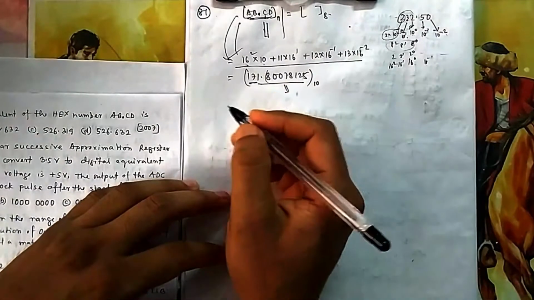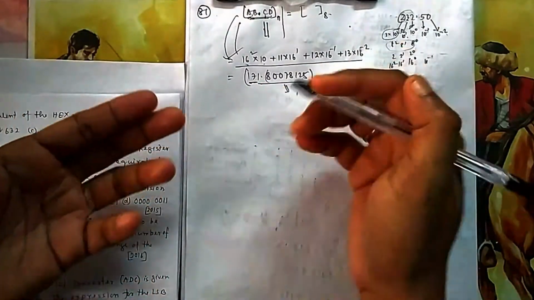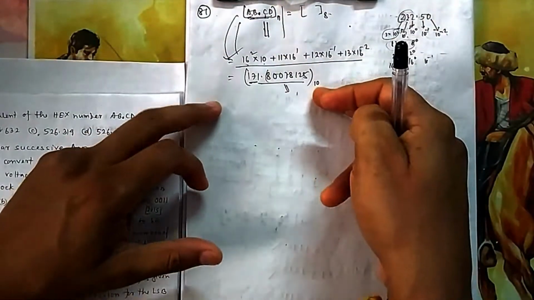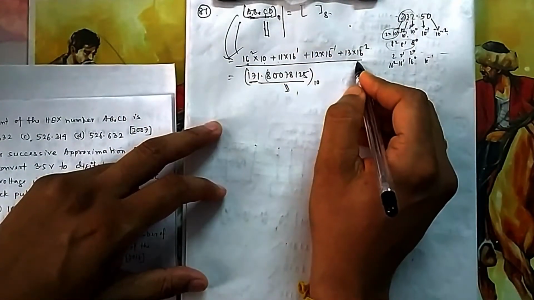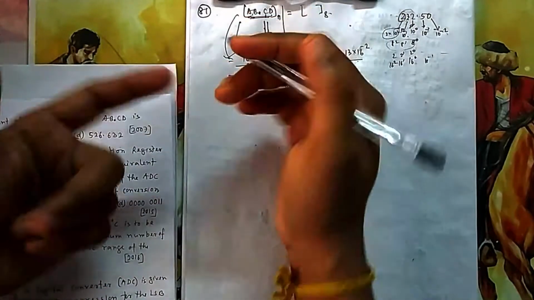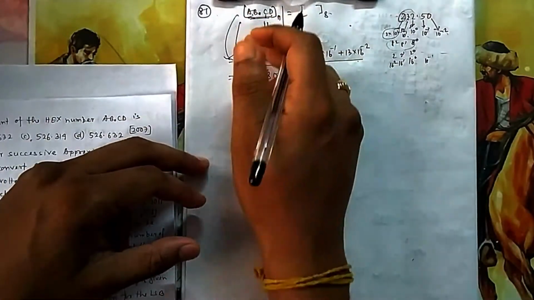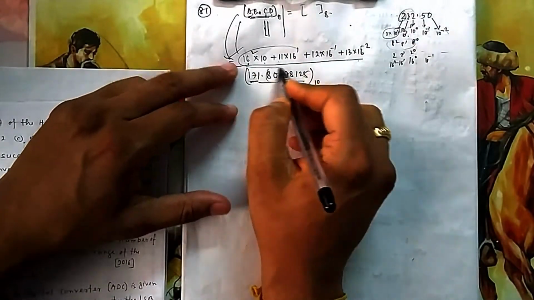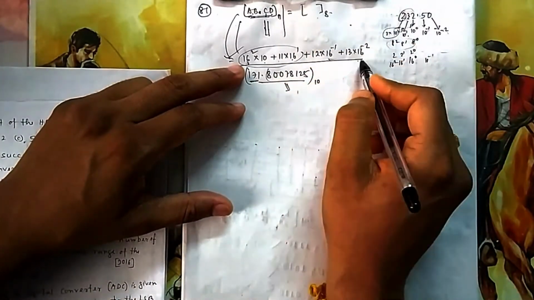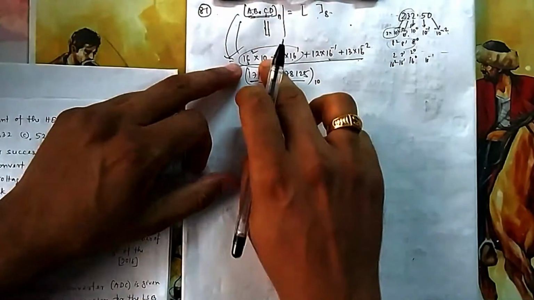Here we do it differently, just in reverse. From every base to decimal, you multiply the integer part by 16, and the fraction is divided. So if you want to go back to hexa, then the integer you have to divide, and the fraction you have to multiply, just reverse. Here the integer portion you are multiplying, the fraction you are dividing. So if you want to go back, the integer will be divided.